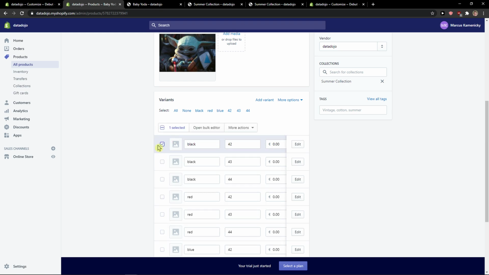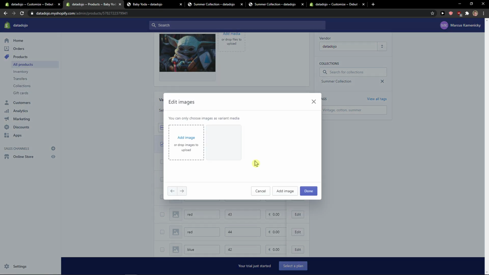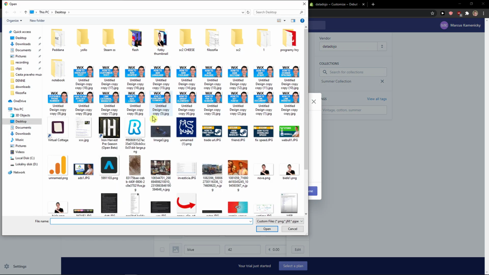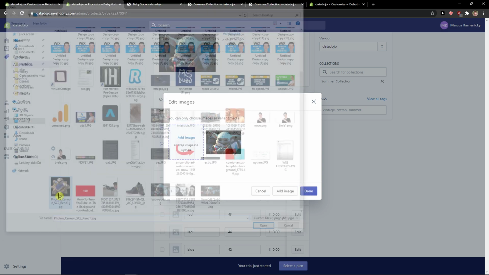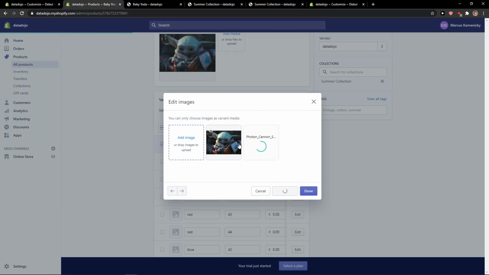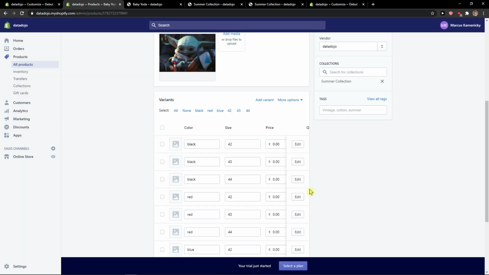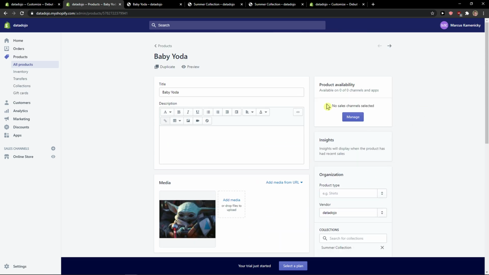I don't know, click this one, more actions, and you can edit quantities, add image right here. And I can simply add an image for that. It's going to be this Canon here. Click done. And okay, so right now when I'm going to preview the website,